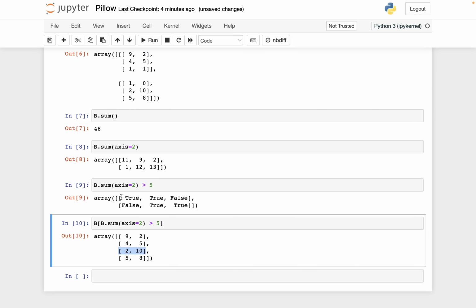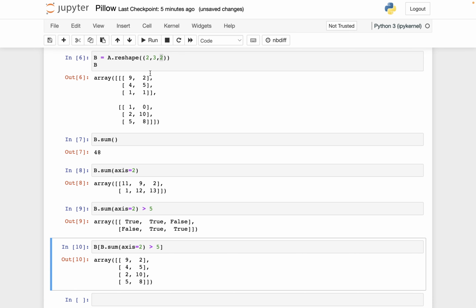Okay, so it kept 9, 2, kept 4, 5, kept 2, 10, and so on. So this shape here of 2 by 3 has been lost. Now we have something that you should just think of as having 4 elements in it, 4 of these tuples. And something that's kind of fun is you might think that B gets completely lost in this process, but I can do something like